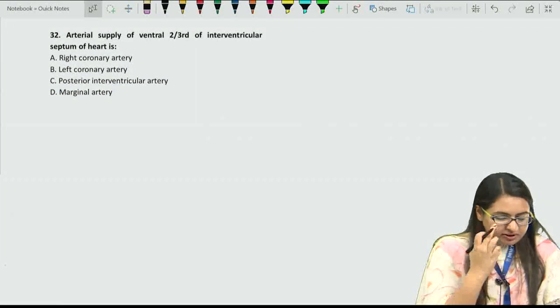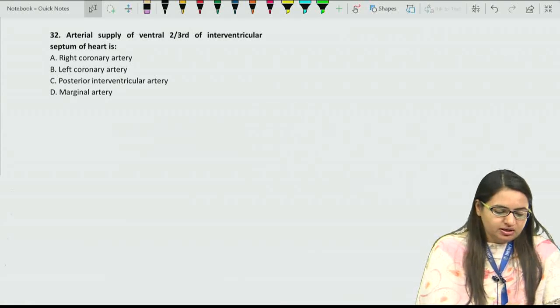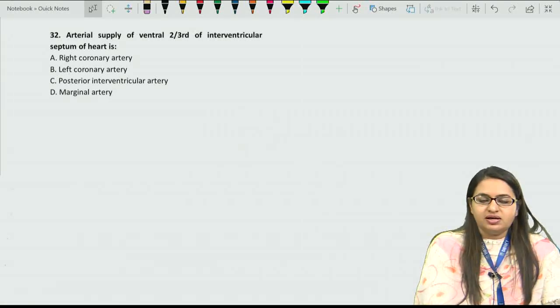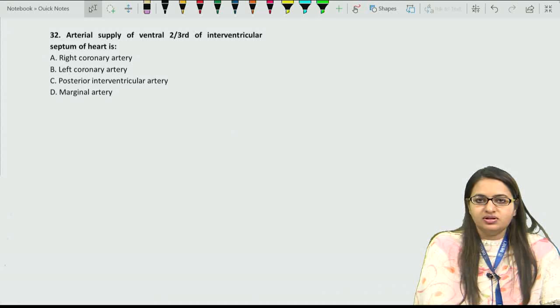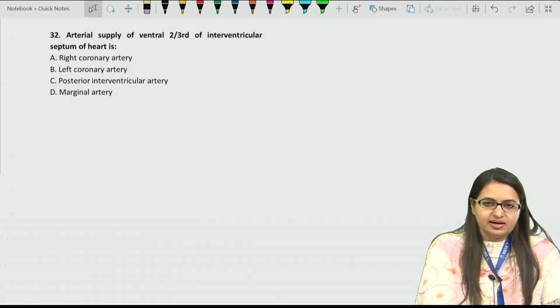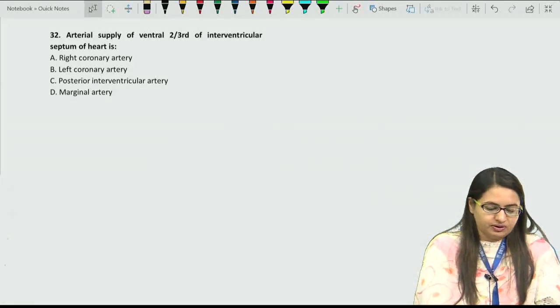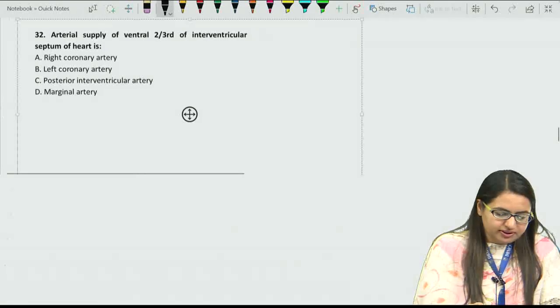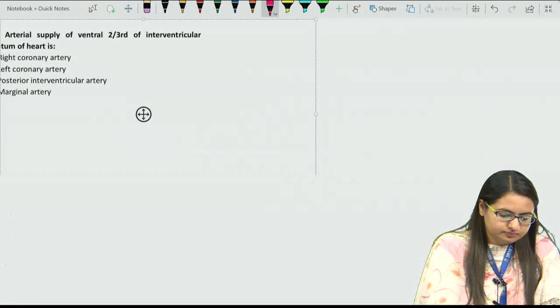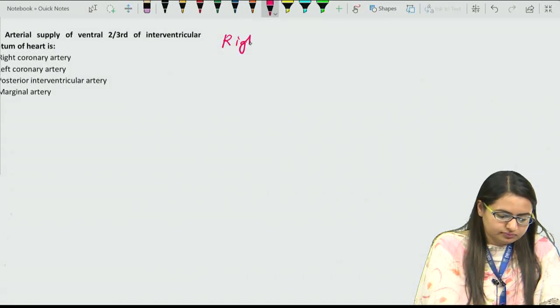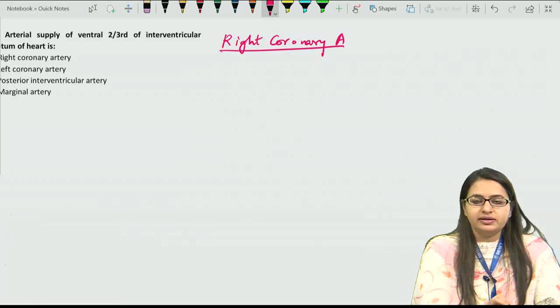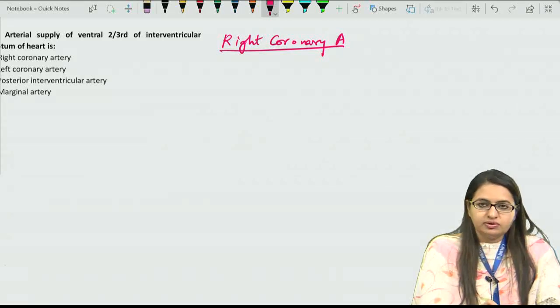Now the arterial supply for the interventricular septum of the heart. For the heart, we know that the arteries which supply the heart are the right coronary and the left coronary artery, which arise from the ascending aorta. If we talk about the right coronary artery, it arises from the anterior aortic sinus of the ascending aorta,